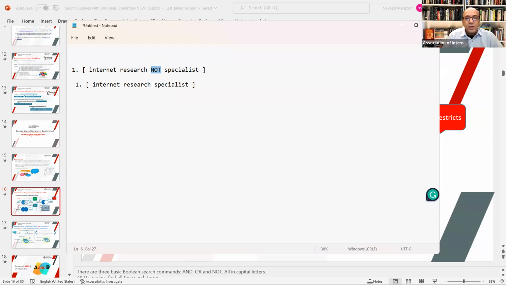And what students usually do, when they learn that NOT is not recognized, is use a minus sign instead. They just simply replace it in the same location, as if they are replacing the word NOT, which is incorrect. So this is incorrect. The correct way to do it